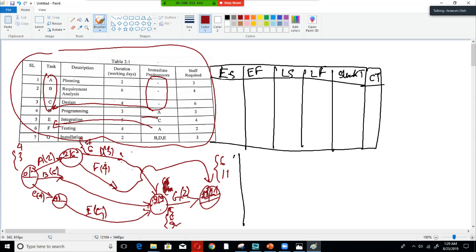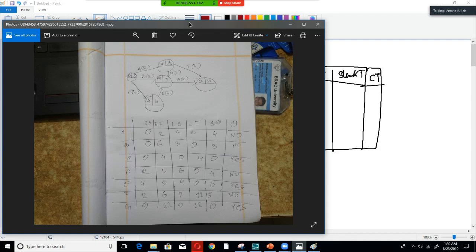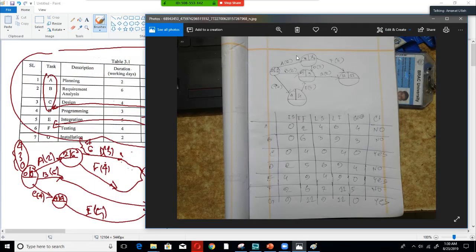9 minus 5 this will be 4, so 4 minus 4 this will be 0. So the minimum out of these three values is 0, so this will be 0 and we are done with the graph. So let us check if the graph matches our solution. This was a solution done by my friend, so